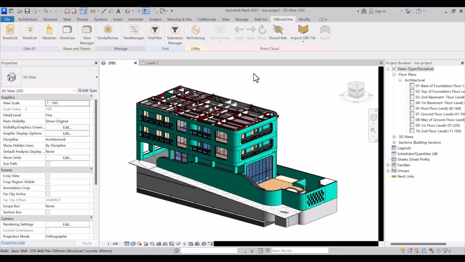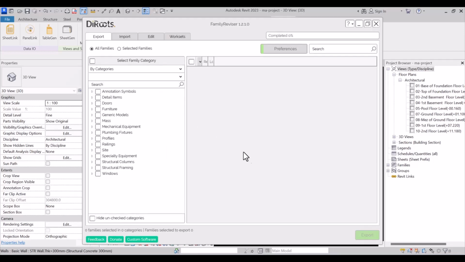So in the last sessions together we checked the filter and selection manager tabs in the find section, and in this session I want to check the family reviser tab that can be very useful and practical for making our modeling faster. And if I want to brief you about this plugin, I can say you can get an organized output of your families in the project